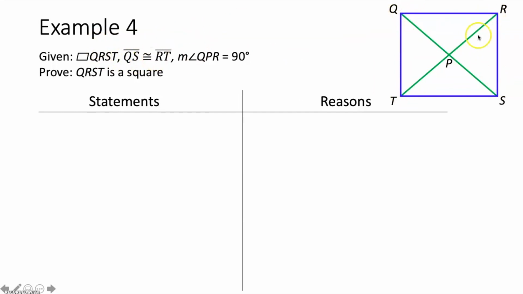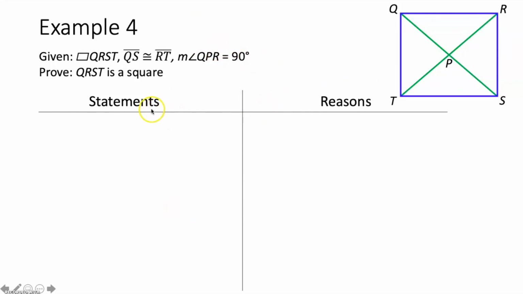Now I'm not really going to mark that up. I just know that the diagonals are congruent to each other. It's really hard to mark that up. You could put like a big arc here and a big arc here if you wanted to. I'm not going to do that. We also know that angle QPR is 90 degrees. Now, it doesn't say it's a right angle yet. We're going to have to prove that later on, and then we can mark it up with a little right